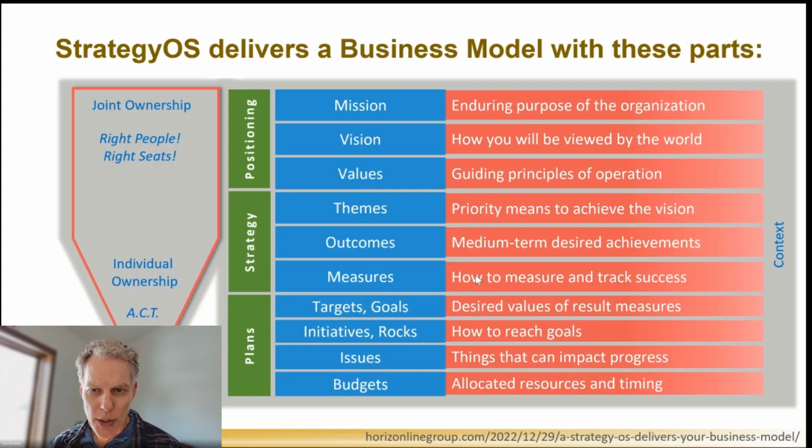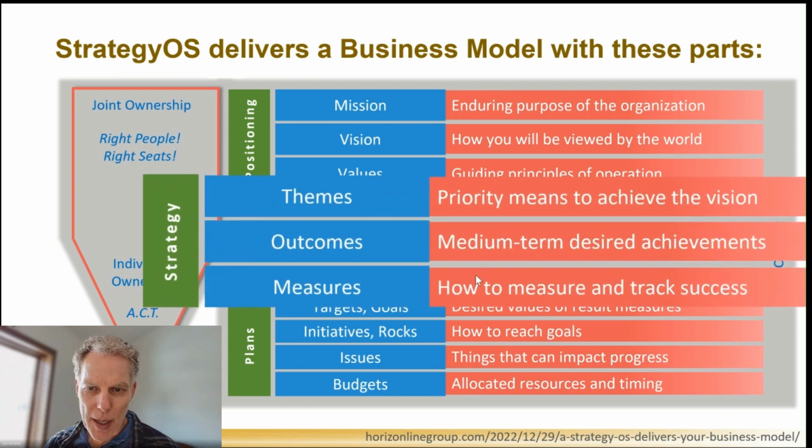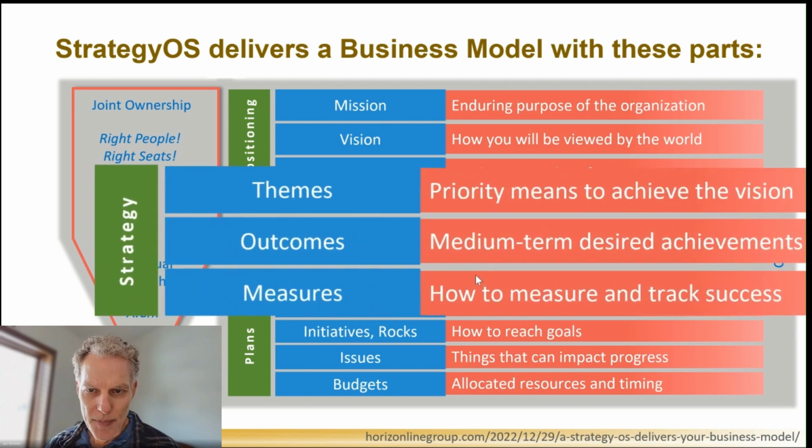From our introduction to StrategyOS, you'll recall that we first define a business model to run in the StrategyOS process. This module focuses on the middle elements of strategy that link plans to the positioning. The elements are themes, the priority ways to deliver the vision, outcomes, results desired in the next about 3 years, and measures, how we track our success. This module focuses on themes, and in the next module, we'll focus on the other two elements to create a